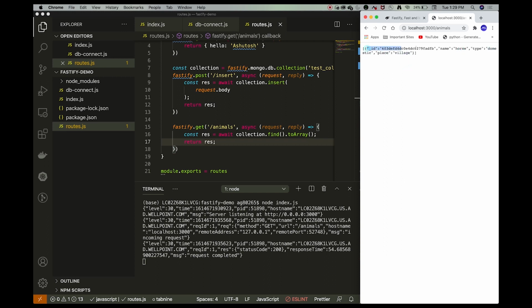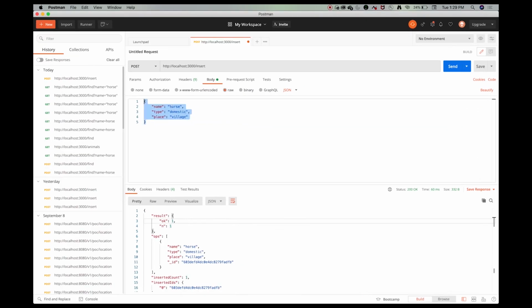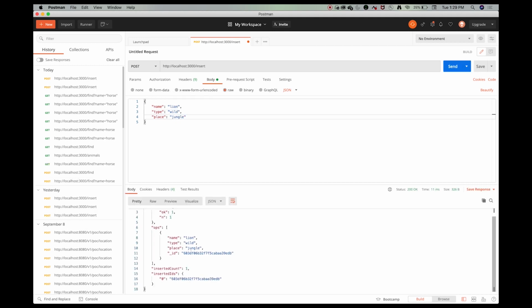This ID is MongoDB generated, and it is a unique identifier for this document. So let us insert one more document in our MongoDB collection. So we have inserted one more document with name lion.